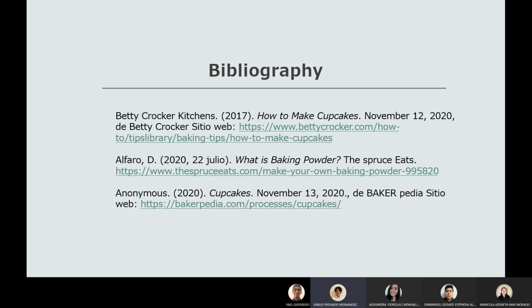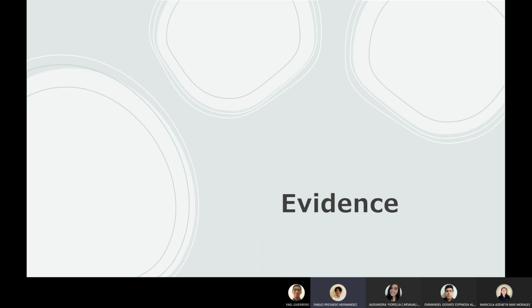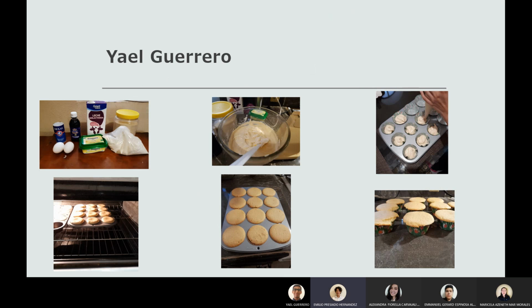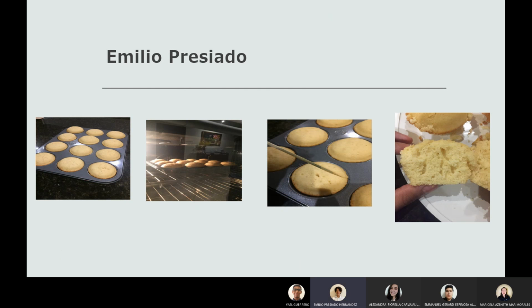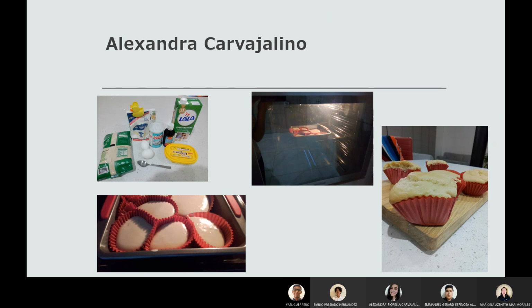These are our references, and we are going to present the evidence of the experiment. Yael Guerrero's evidence, Marisela Mars' evidence, Emilio Preciado's evidence, Alexandra Carvajalino's evidence,